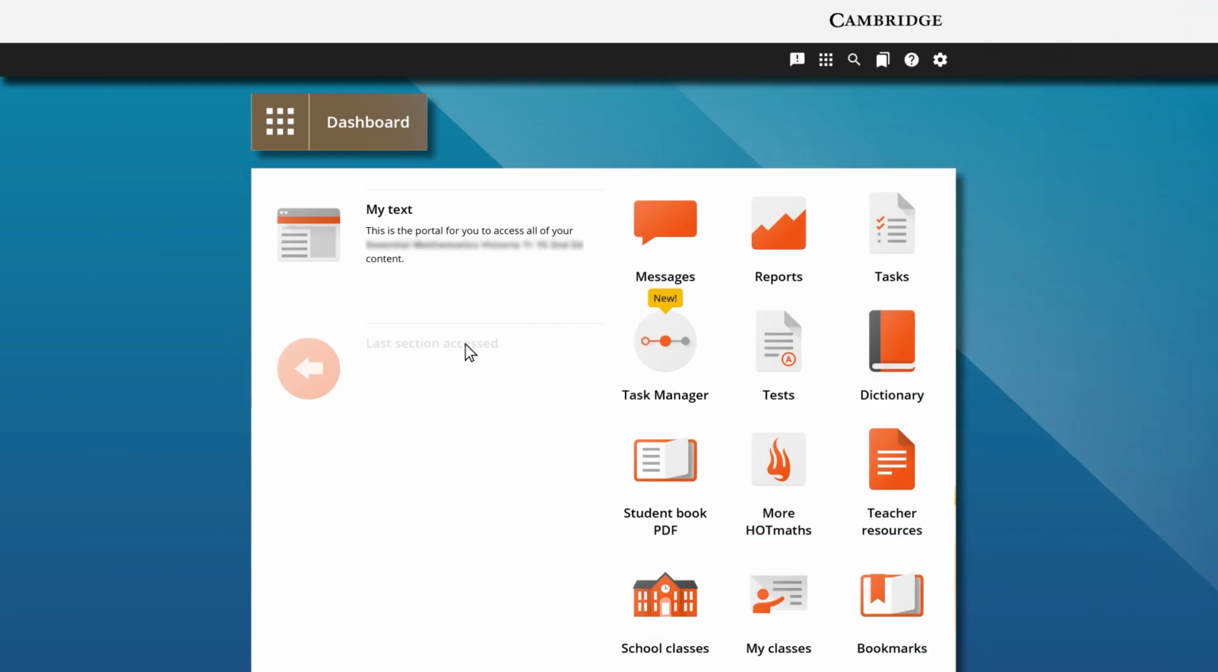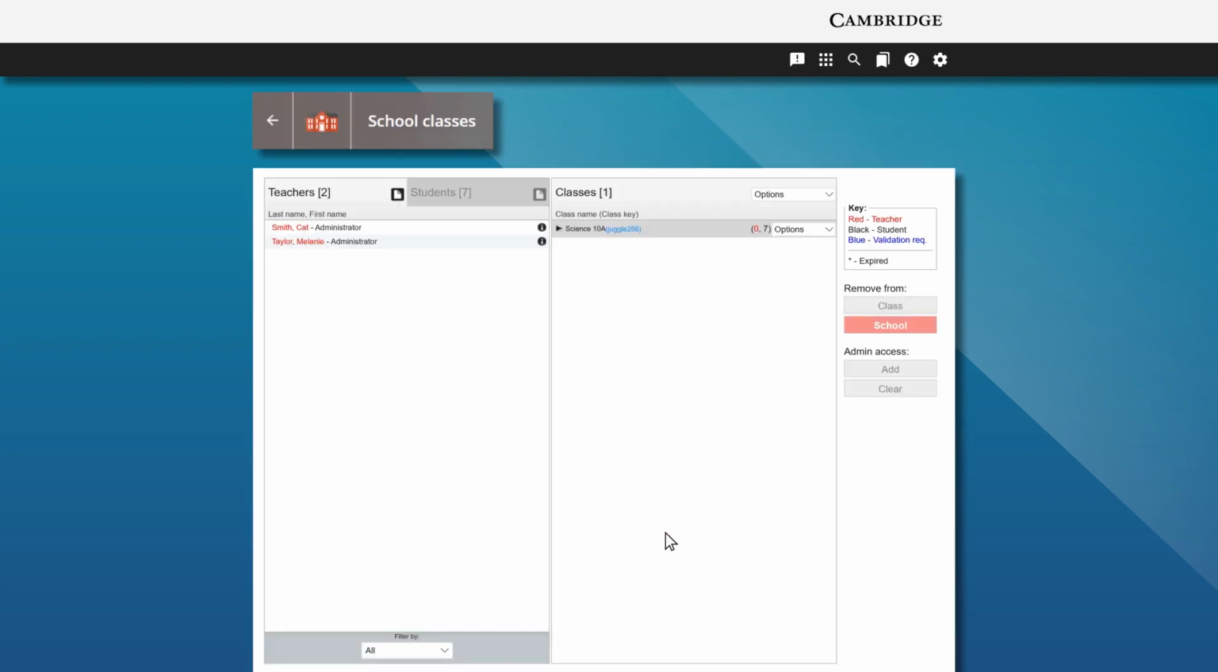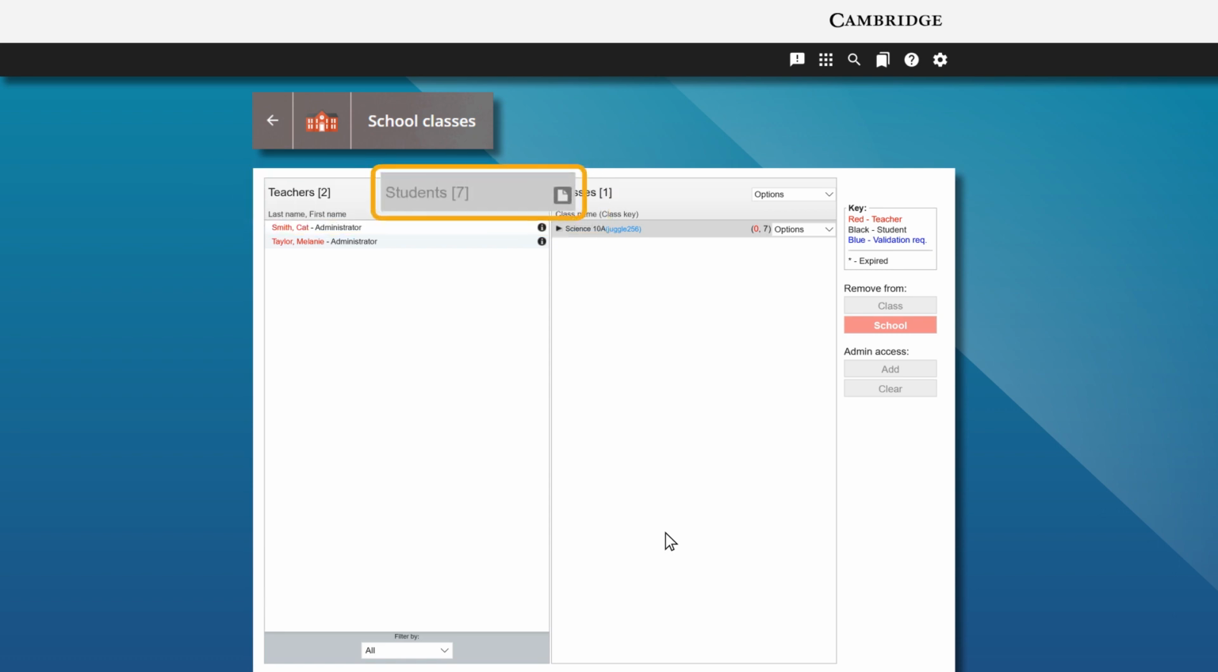Teachers can easily manage individual student class settings by searching for student accounts using the filter. Click the School Classes icon on the dashboard. All accounts are shown in the panel on the left with a tab for students and a tab for teachers. Select the Student panel